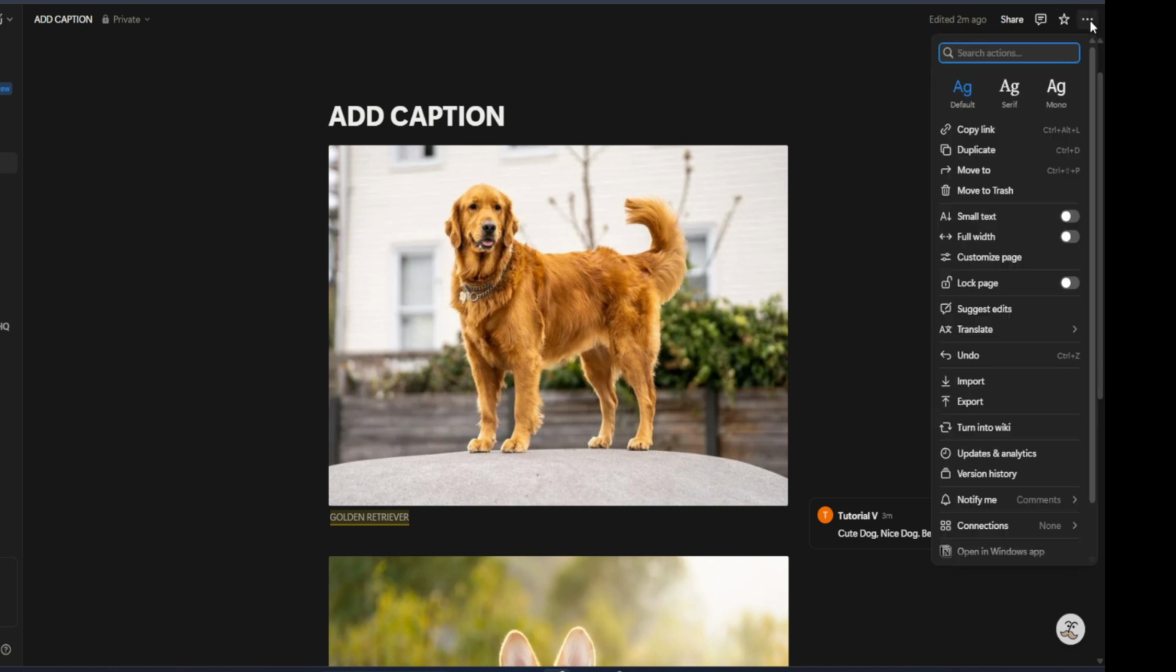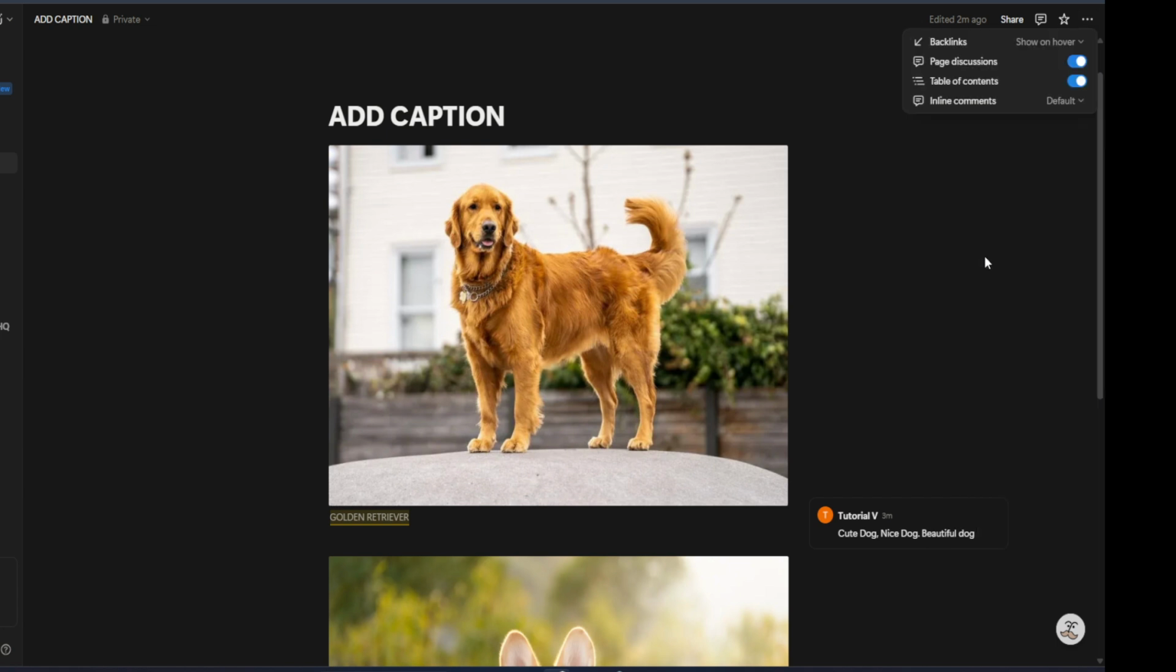Next, look to the top right corner of your page. You'll find three little dots arranged vertically, often referred to as the ellipsis menu. Clicking on this will reveal a drop-down menu with several options for customizing your page. From here, you'll want to select the Customize Page option. This is where you can change various settings related to how your page functions and what kind of interactions are